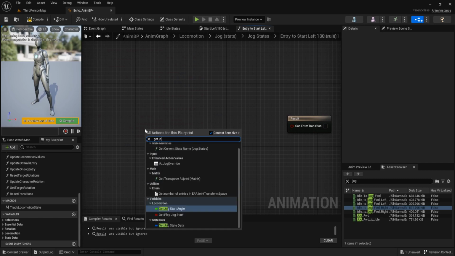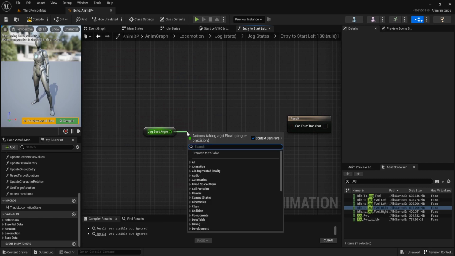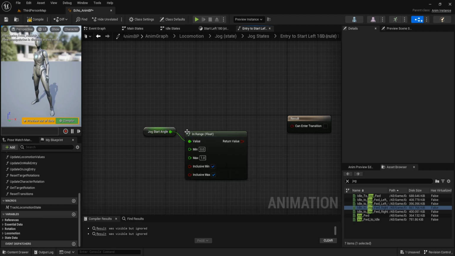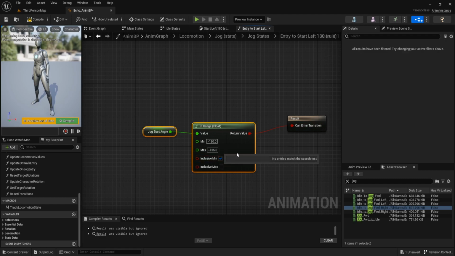Get jog start angle. Call in range. The min is minus 180, max is minus 135. And connect it to the result.